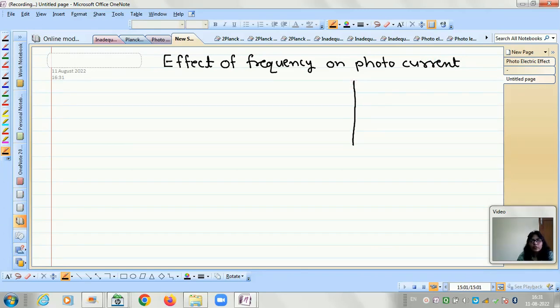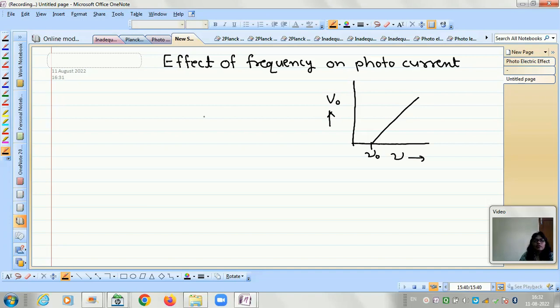So now let us again draw a graph. In this graph, on the x-axis there is frequency, and on the y-axis there is the stopping potential, and the graph is like this. This is a straight line, and this frequency is nu naught, the threshold frequency. If the frequency is less than nu naught, then there will be no ejection of the photoelectron, and at nu naught or after nu naught frequency, one can get photoelectrons.